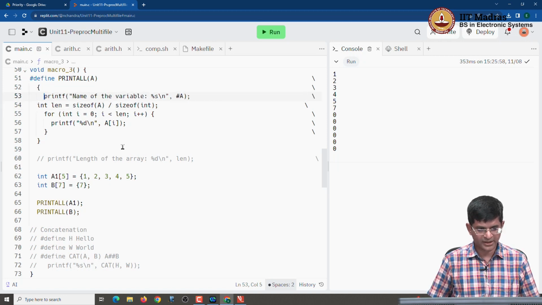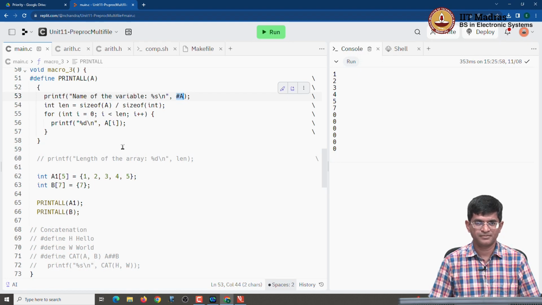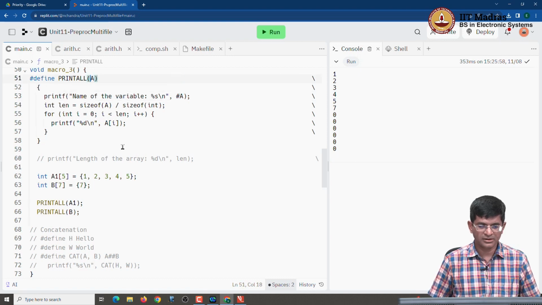Now if you look at what this line does, right, printf, and it says name of the variable, it has a %s out here, a string, and this is a strange new notation. It basically says hash a. Okay. Now what hash a does is, it does something called stringification, right? For want of a better term, we call it stringification, which basically says that I take whatever is the token, in this case the name of the variable, and convert it into a string. So what will happen when this macro is expanded is, this particular hash a will be replaced by a string with the value a1,